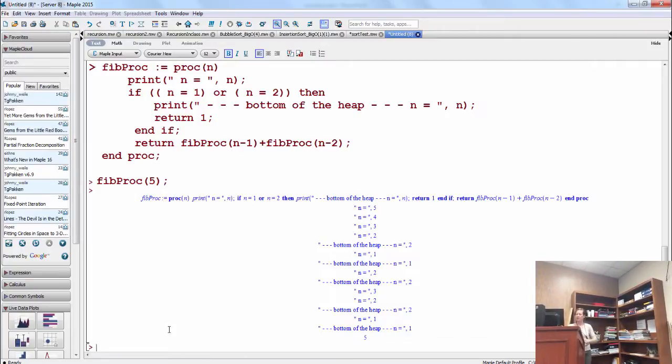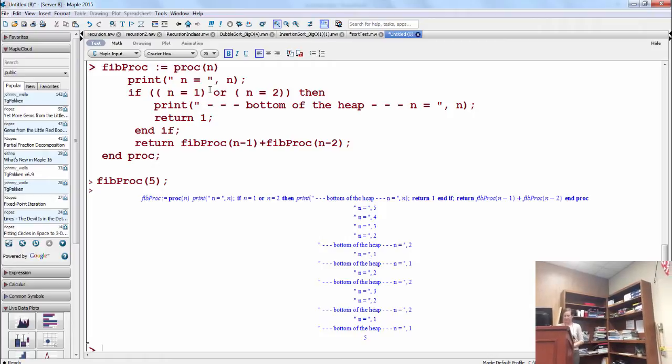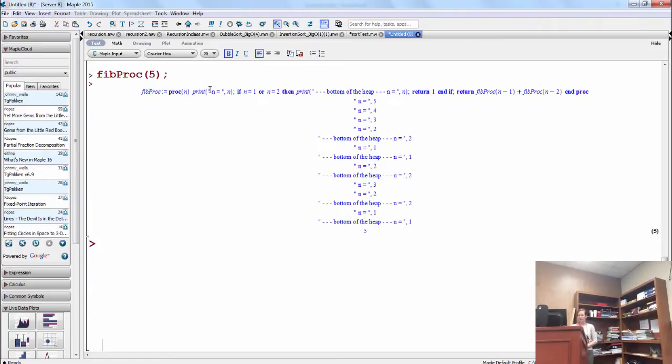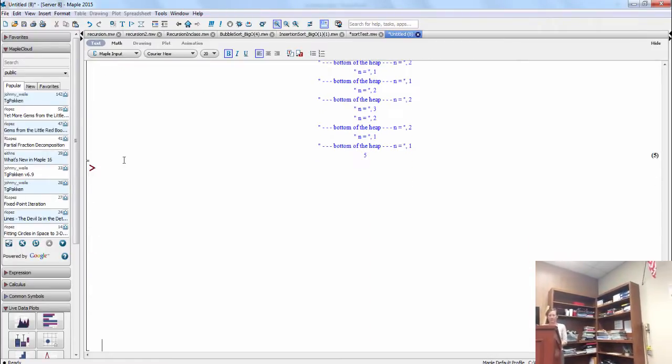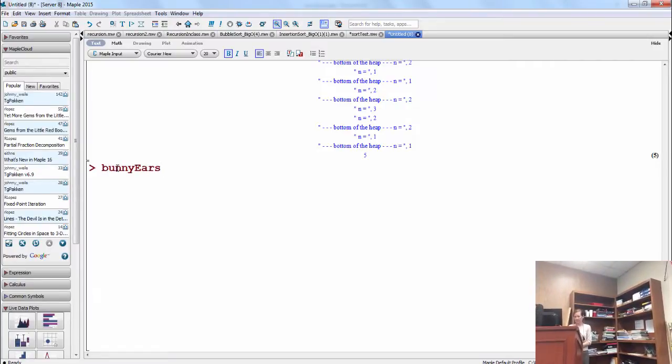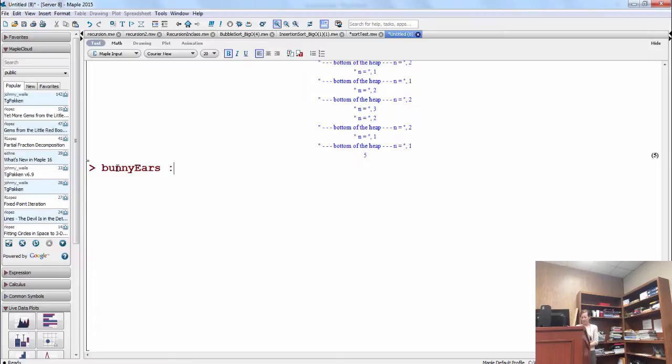All right, so we're going to write this in Maple. Let me move it up the screen a little bit. We can call this one bunny ears. It is a procedure, and we're going to take in the number of bunnies as an integer. And here's our base case.